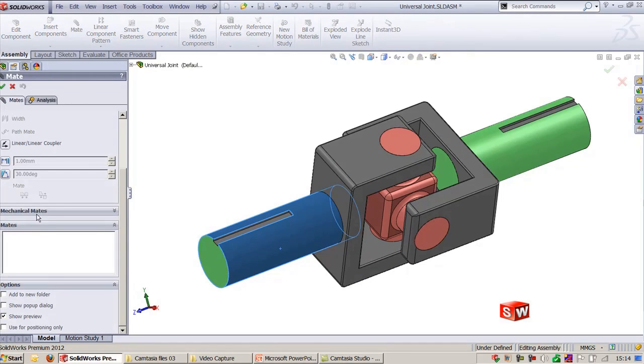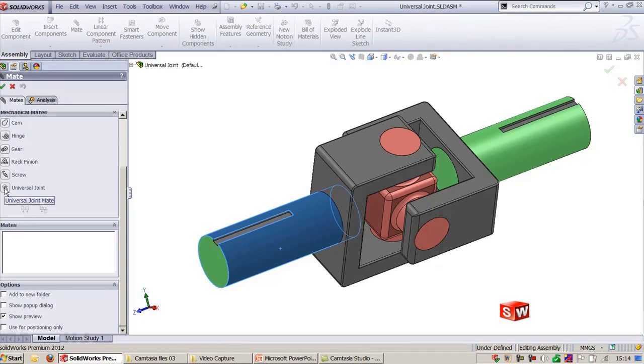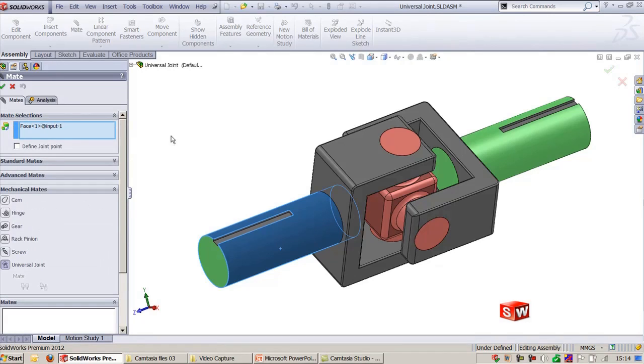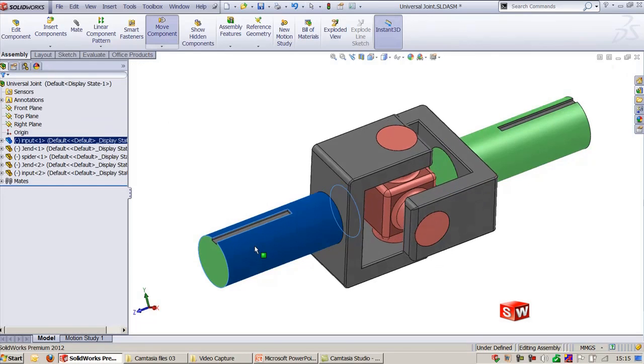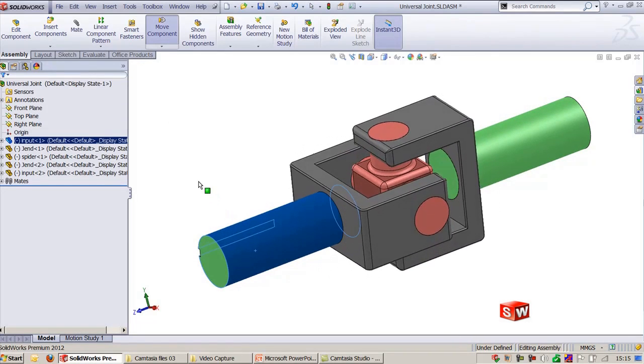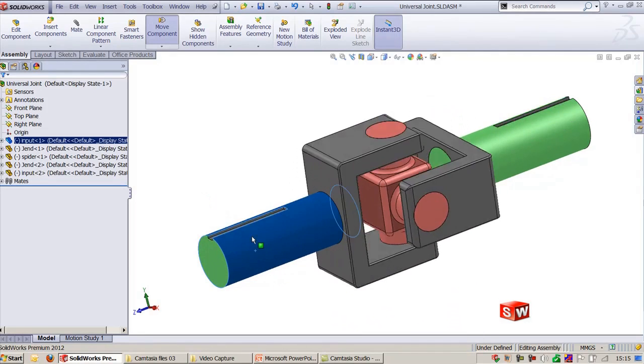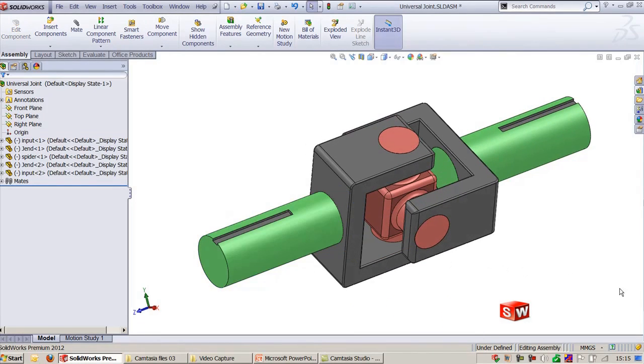Here I have mechanical mate, under which we have universal joint, and I will select this first face as the input and the second face as this one, and now I'll click OK here. And now when you try to rotate this one shaft, you can see the other component will also get rotated. This is all about applying a universal joint between two shafts, one is input and one is output. And the next one is